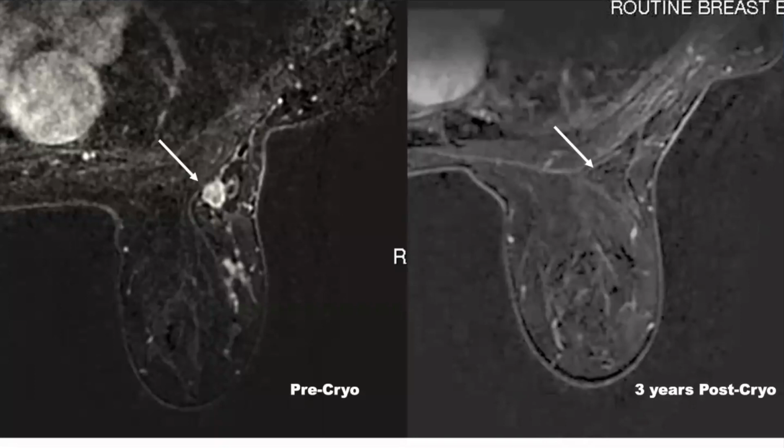The next question is about the 2% local recurrence rate for the ICE3 trial. Are there more details on whether this came from the radiotherapy group or the other group? I actually don't have that detail, but as you remember, only 15% of patients in the ICE3 trial had radiotherapy. So it's not likely radiotherapy was a significant contributor to that risk of recurrence. And the majority of patients, 75%, had endocrine therapy. So it's likely that the effectiveness of the treatment was made possible by the combination of cryoablation and endocrine therapy,